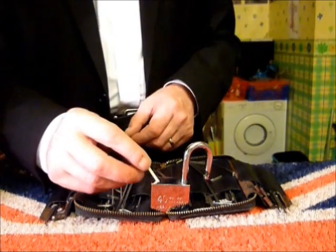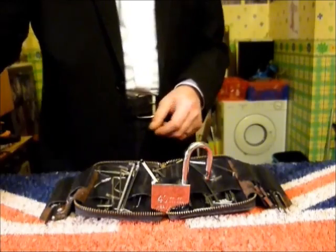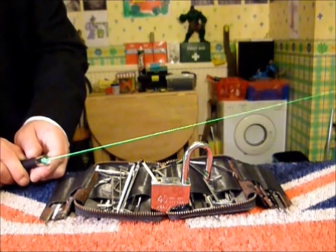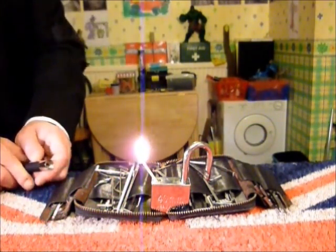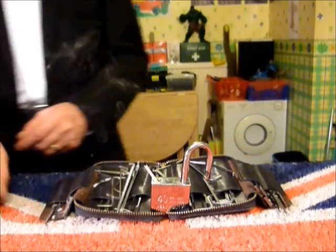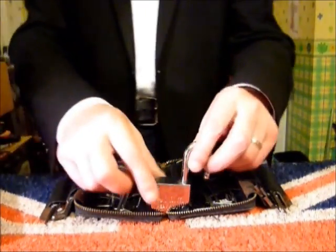And I think because of that I'm going to have to use Lenny the laser. Let's see how he gets on. That's Lenny the laser. Always performs rather well. So thank you so much, Mike, my friend. I'm really enjoying